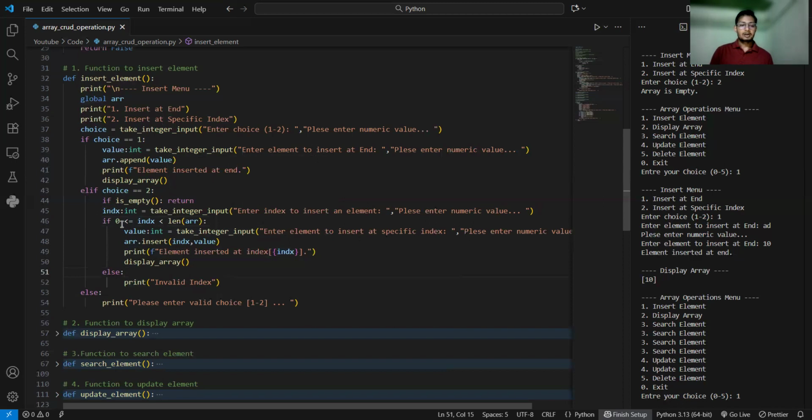And after this condition is satisfied, it asks for the value from the user. That means at first it checks whether the array is empty or not, and after that it asks for the index, and if the index is right, then it will ask for the value, and after taking the value